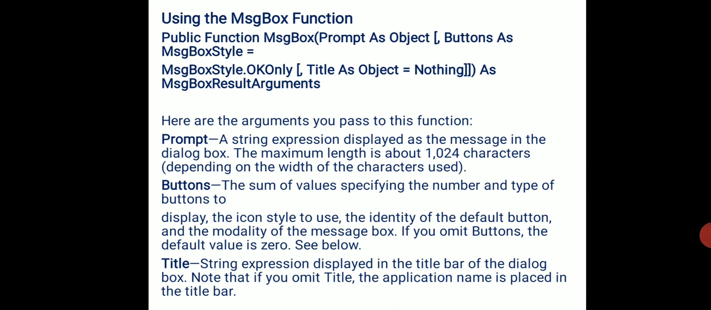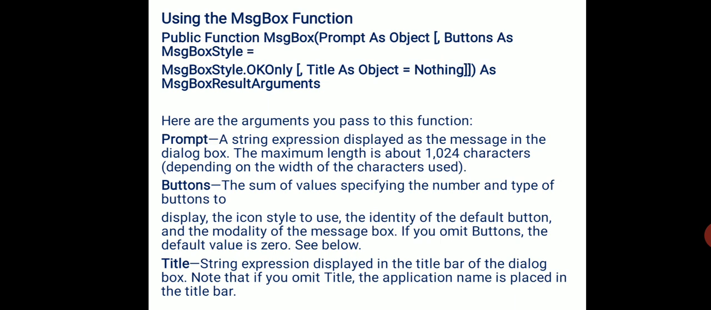So the next concept is using the message box function, that is msgbox. So the syntax is public function msgbox prompt as object, buttons as message box style equal to message box style dot OK only, title as object equal to nothing, as msgbox result. Arguments: here the arguments are prompt, a string expression displayed as the message in the dialog